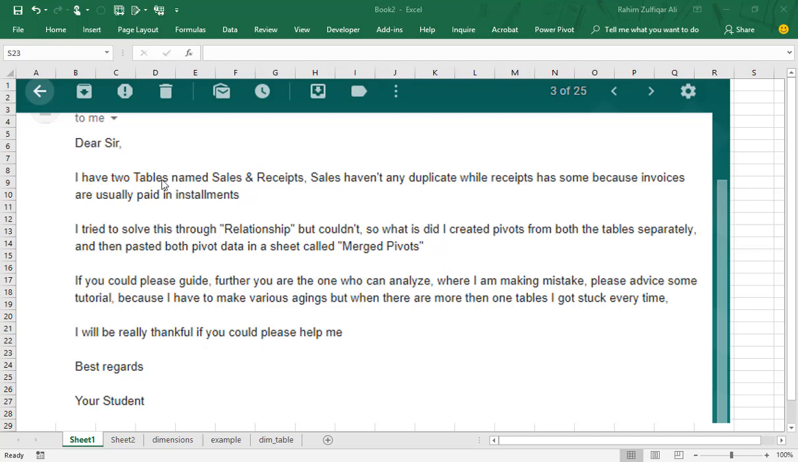Dear sir, I have two tables, named sales and receipts. Sales does not have any duplicates while receipts has some, because invoices are usually paid in installments. I tried to solve this through a relationship but could not. So what I did is, I created pivots from both the tables separately and then pasted both pivots' data in a sheet called merge pivots. If you can, please guide me further, you are the one who can analyze where I am making a mistake. Please advise some tutorial, because I have made various agings, but when there is more than one table I get